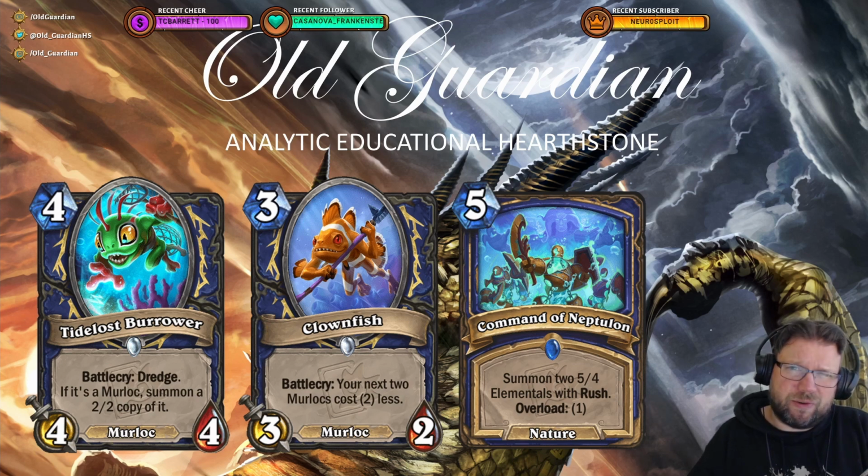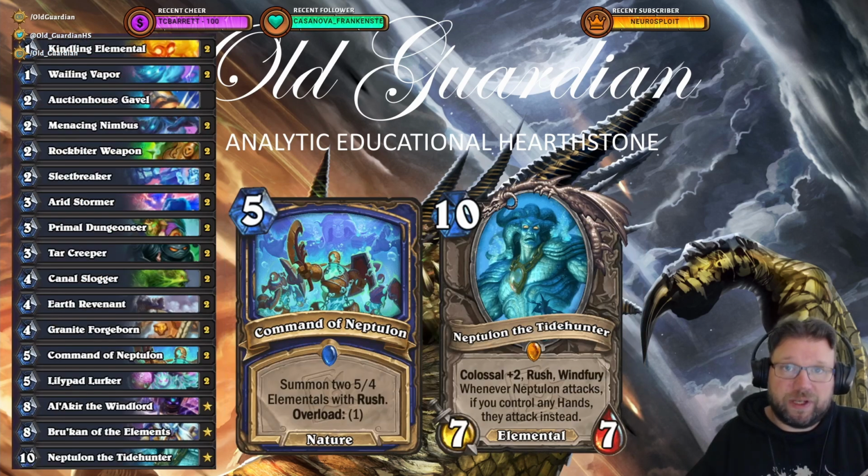I was also trying to figure out, okay, does Command of Neptulon allow me to build some kind of Control Shaman deck, but probably not. I don't think any of these go into any Control Shaman or Burn Shaman decks. But first, Elemental Shaman. So for Elemental Shamans, one of the problems has been that there are not that many